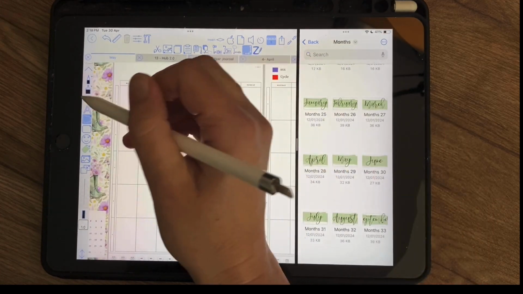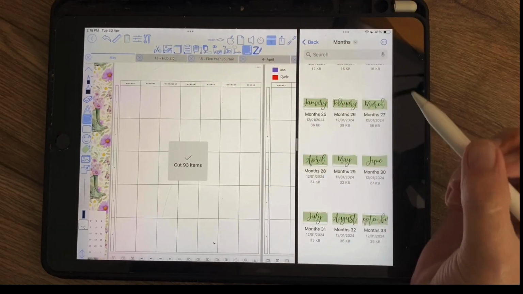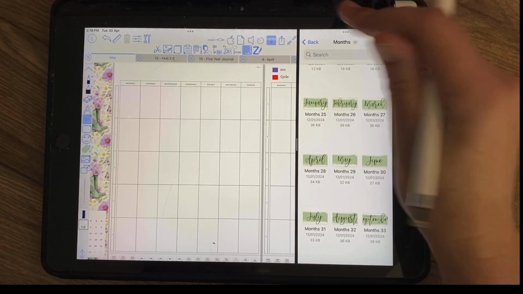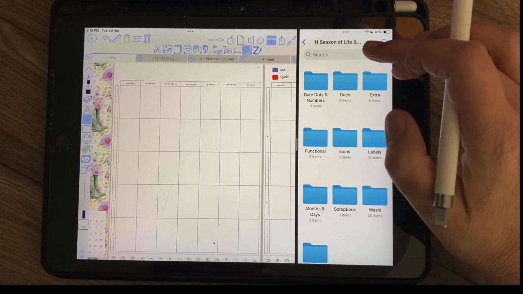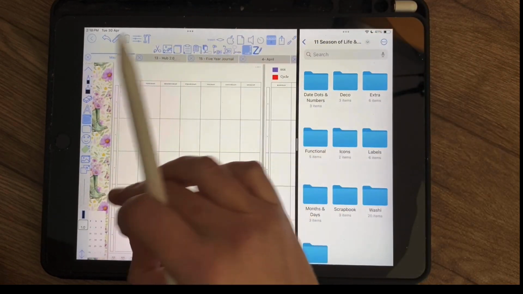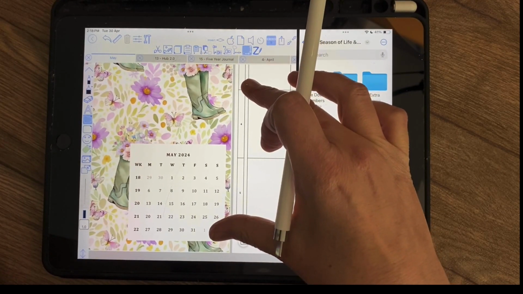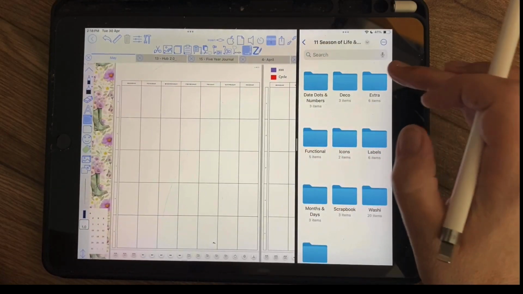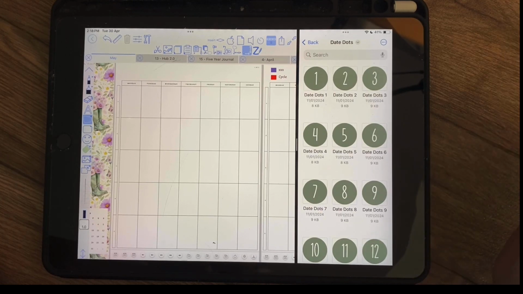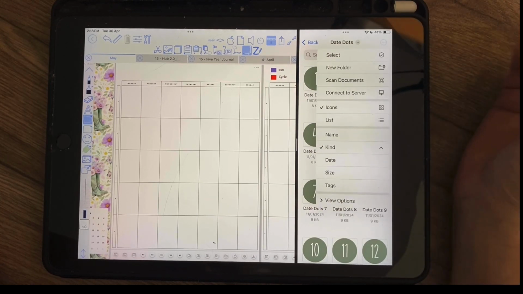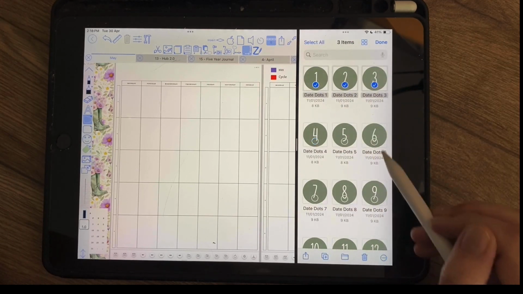Now we go on to this first one. I'll highlight these and cut them for now. And now I'm on the insert layer, keep it on there to set up the month. So as we can see, the first starts on a Wednesday. Let's have a look at the date dots. Yeah, those ones are perfect. So in my files, if I go on select and highlight